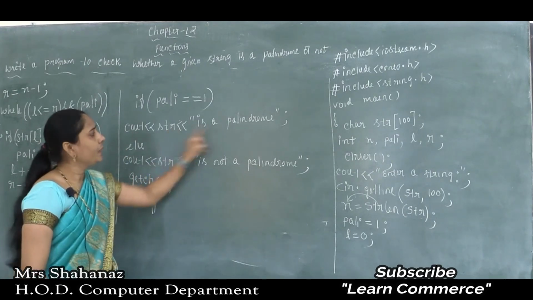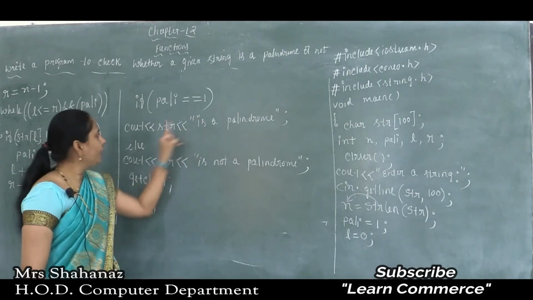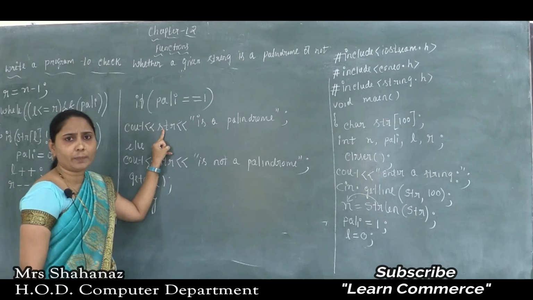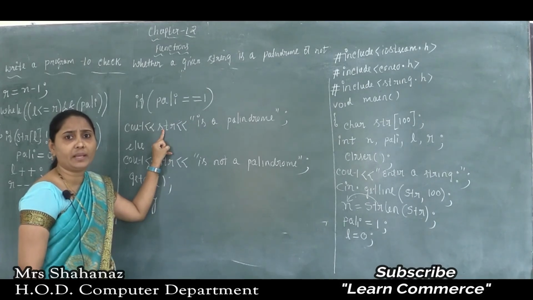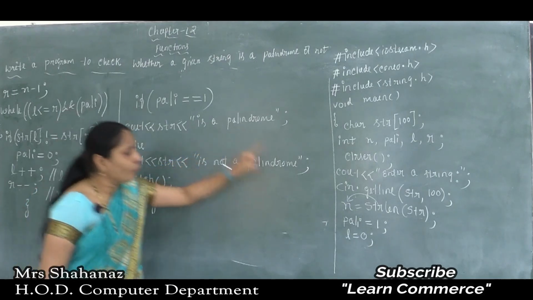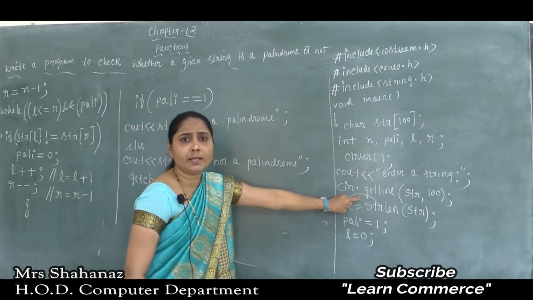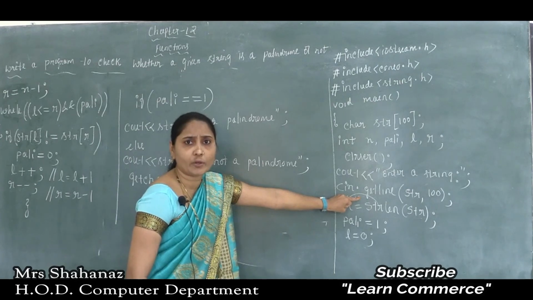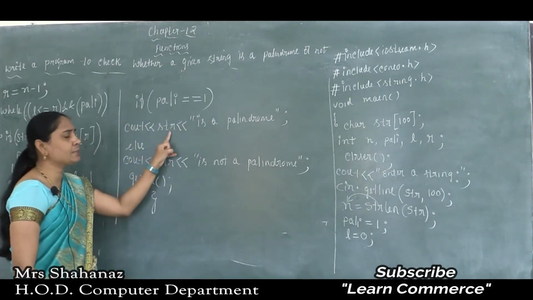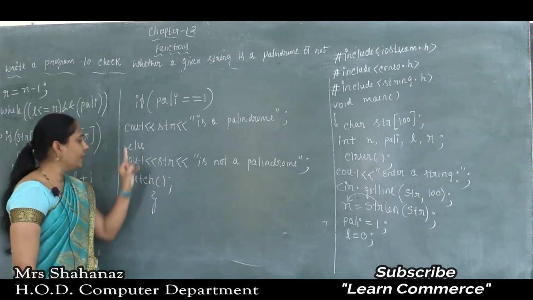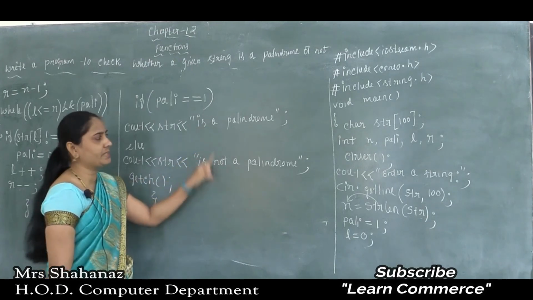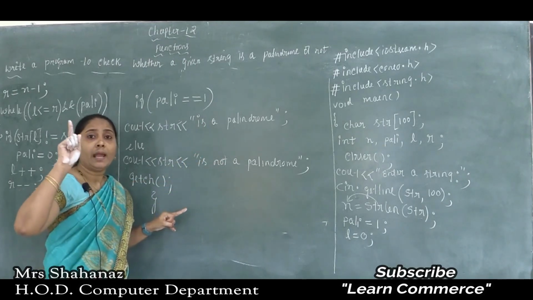Madam is a palindrome. Madam, because I didn't use double quotation. If you are not using double quotation, it displays the value of the variable. So madam is a palindrome. Maybe while entering, if you are not using the string madam but the string class, that means it is not going to display this message, it will display the other message: class is not a palindrome. Only one message will be displayed, depending on your entered string.